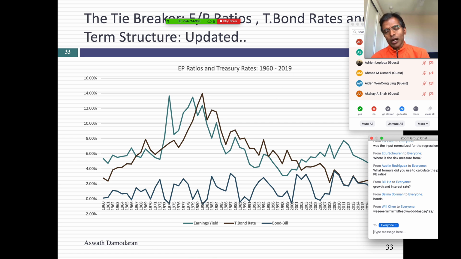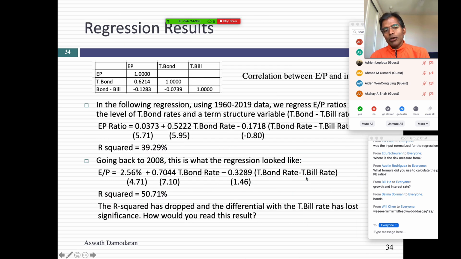And I wanted to figure out whether I could use these series to make a judgment on whether stocks are correctly priced today. So here's what I did. Again, I opened up my statistics book. And I said, you know what, I can look at the correlation between earnings to price ratios and T-bond rates. And guess what? They're very highly correlated. When T-bond rates are high, the earnings to price ratio is high. Remember, if the earnings to price ratio is high, the price earnings ratio is low. So as T-bond rates go up, PE ratios will come down.